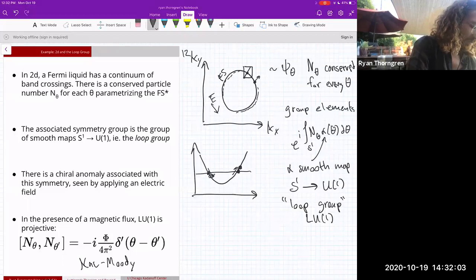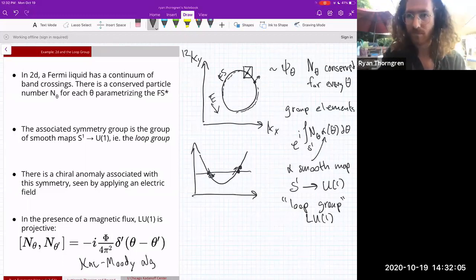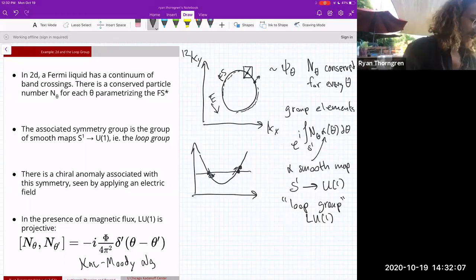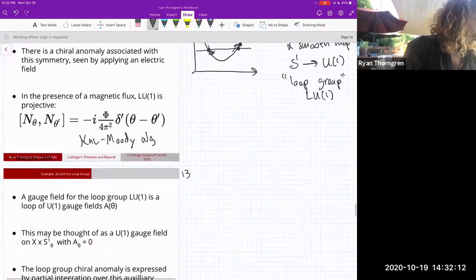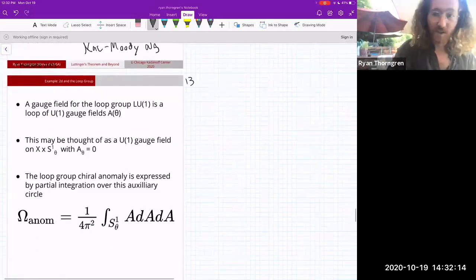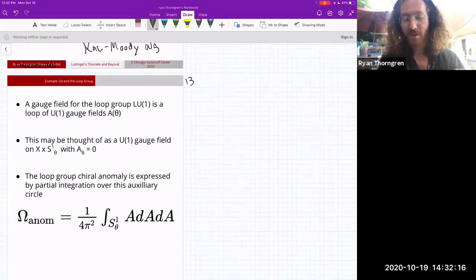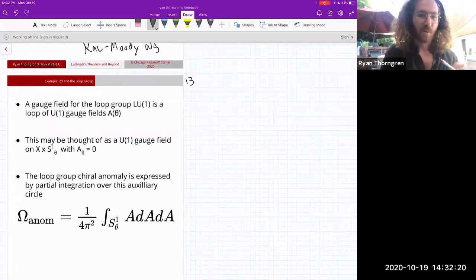They give rise to this Kac-Moody algebra. But for now, let me just write down the solution to the anomaly polynomial. So I want to write some expression of a gauge field for LU1. And now one way to do it